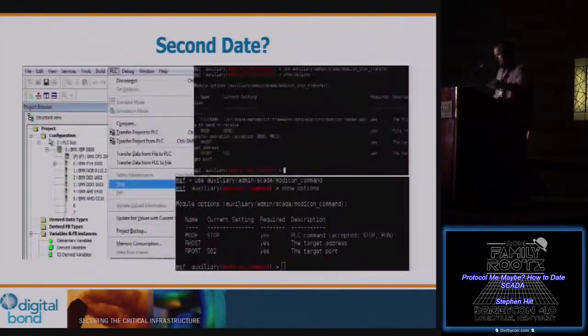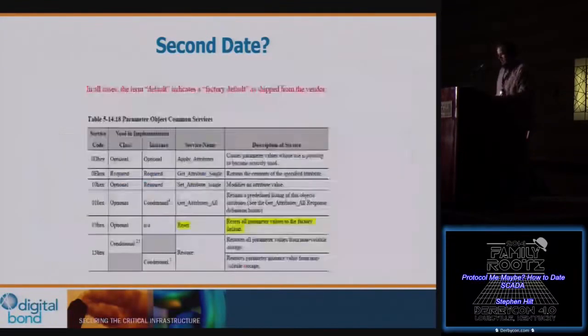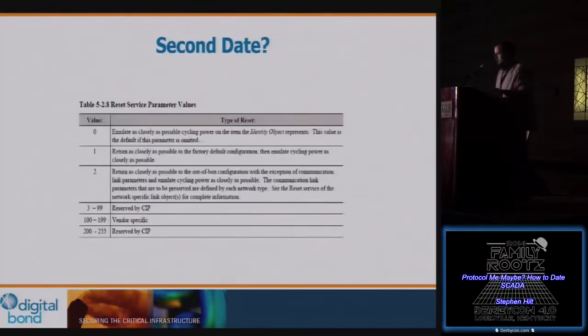Based off some other information, screenshots, that's Unity Pro on the left. You can see the stop button. You record that packet, you replay that packet, and it stops it. Those actually exist as Metasploit modules today as well. For Ethernet/IP, we have a copy of the Ethernet/IP standard. You'll find interesting commands in there, such as restore back to factory default. More descriptions about restoring it back to factory default.